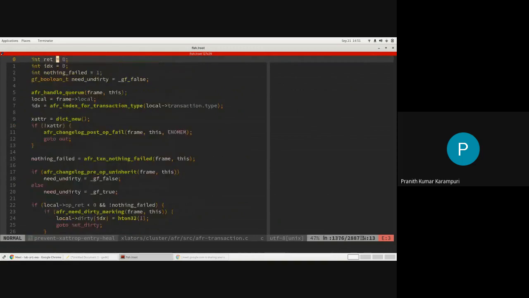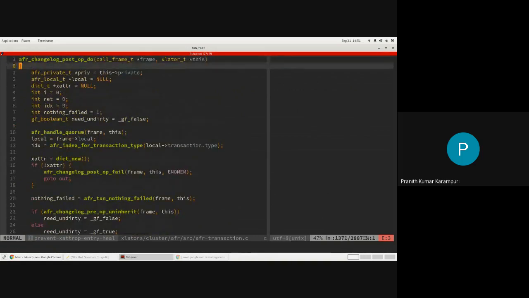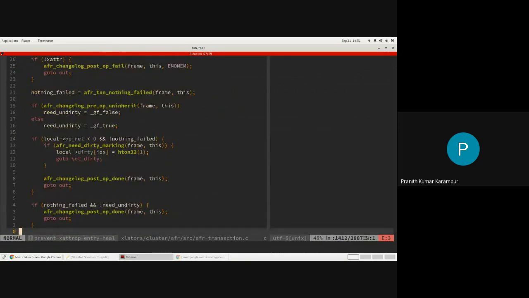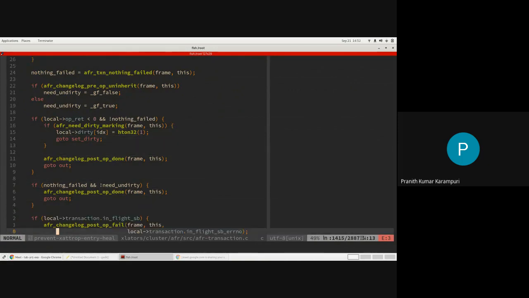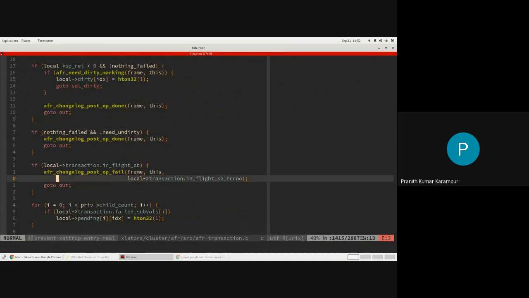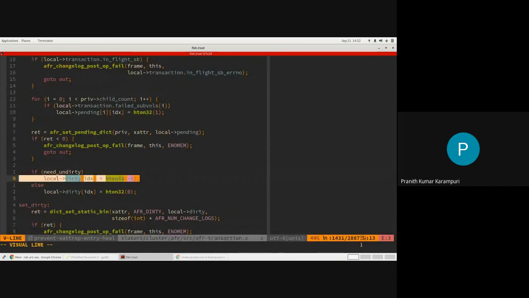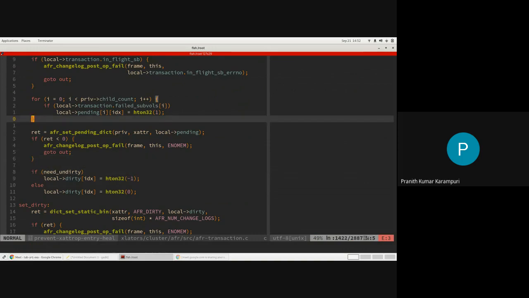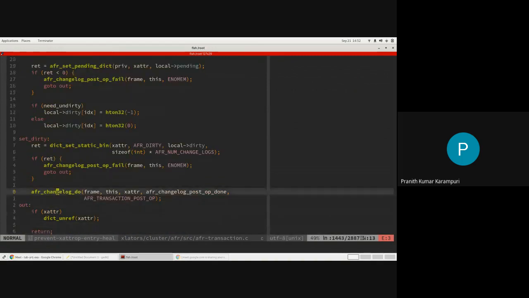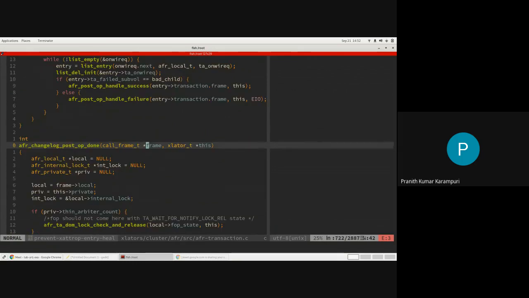I'm trying to see where that key is. It's here. In case of a full success, it will mark -1. Otherwise, it will mark a +1 on the bricks that it failed. And then it will call the same function, changelog do, which will again do the post-op, etc.